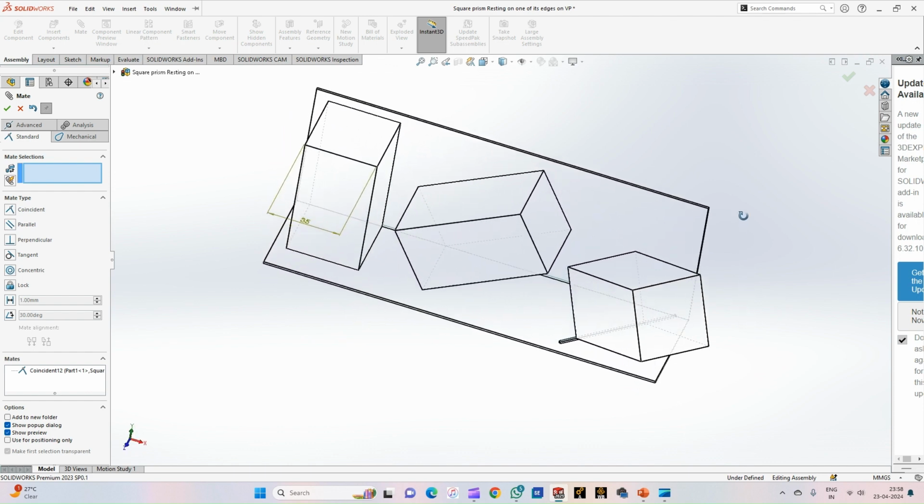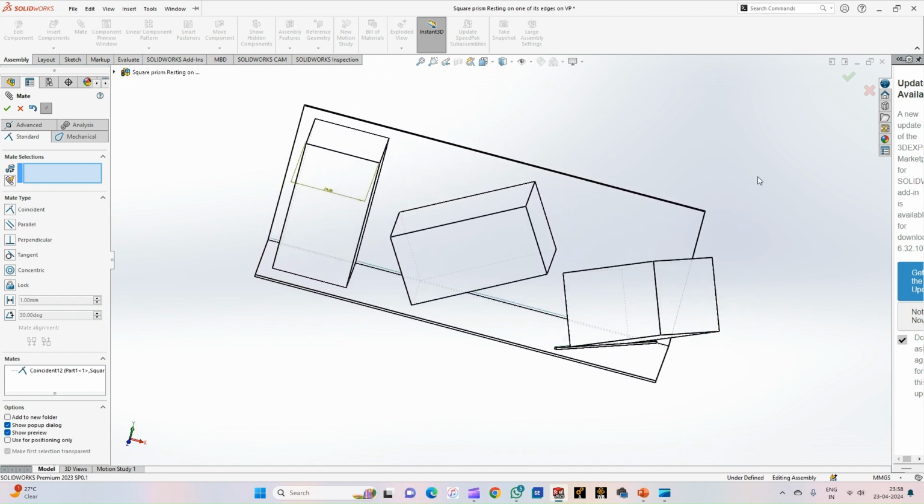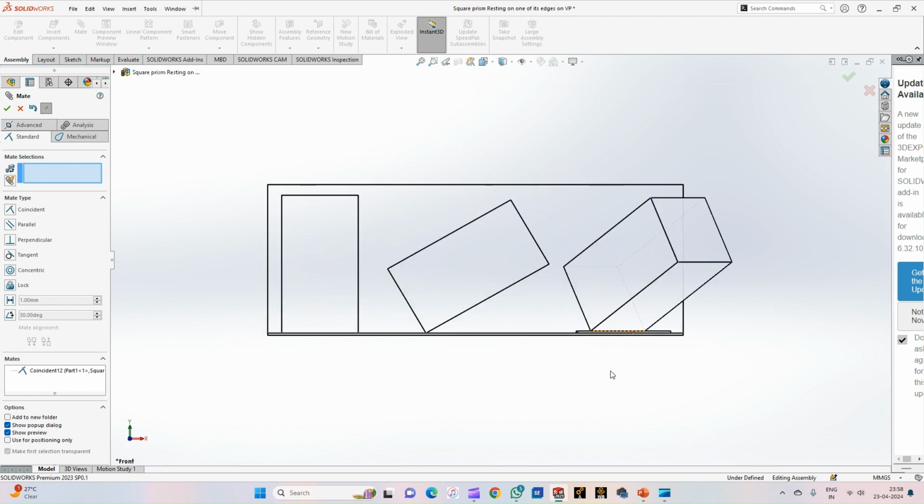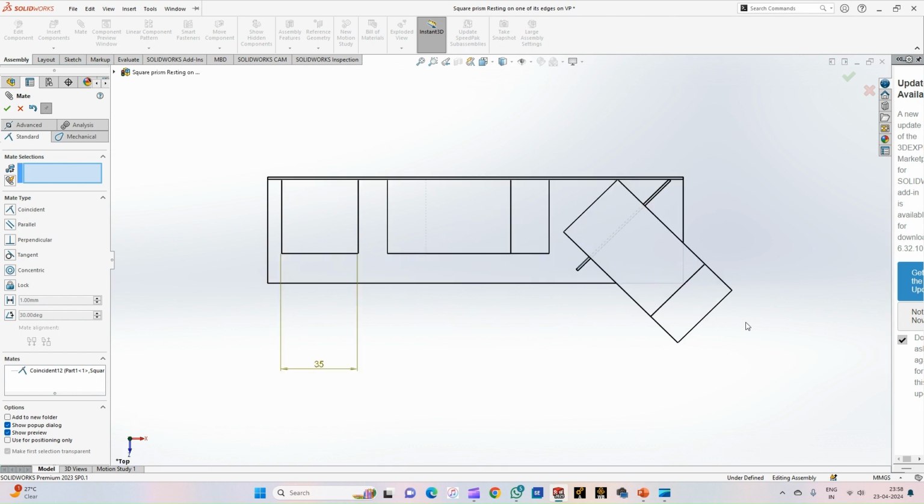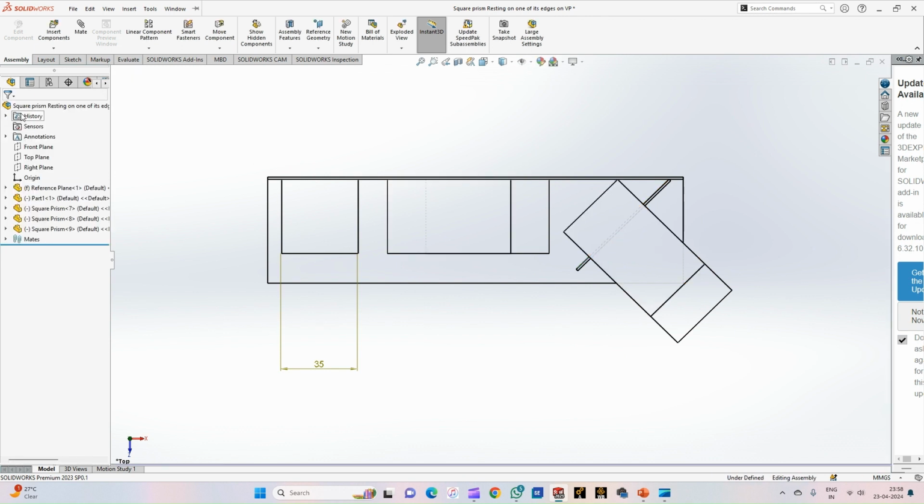On this line, I'm going to place the square prism. The resting edge of the square prism is now placed on this 45-degree line. This is the front view, and this is the top view of the square prism when it is inclined to VP at an angle of 45 degrees. So this is the visual representation of the orthographic projection of solids, particularly